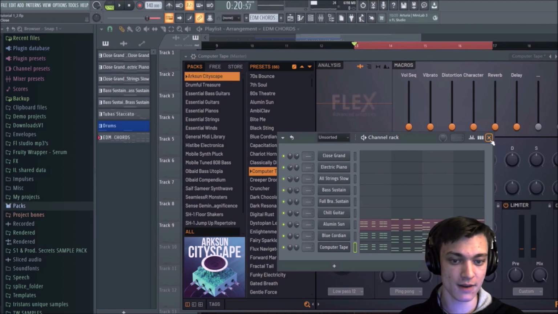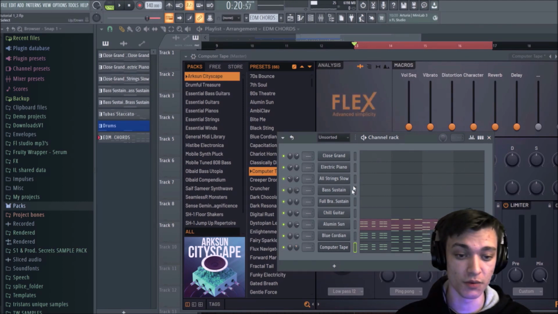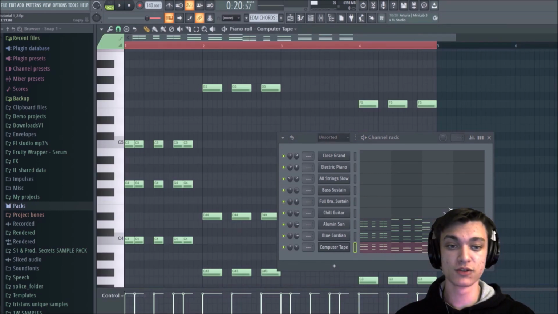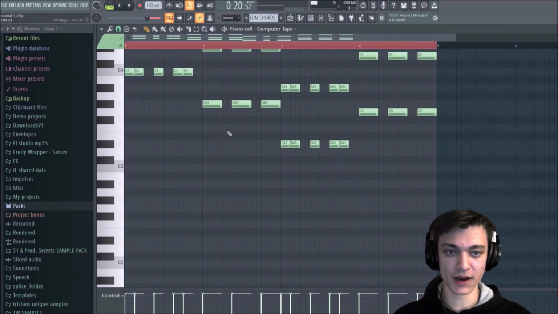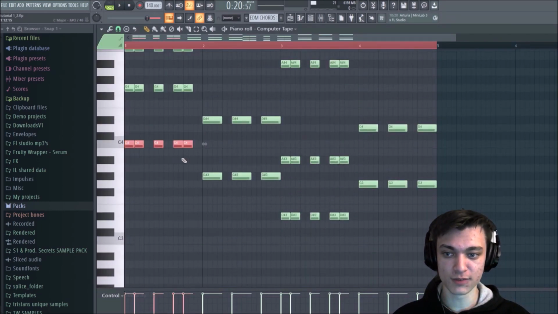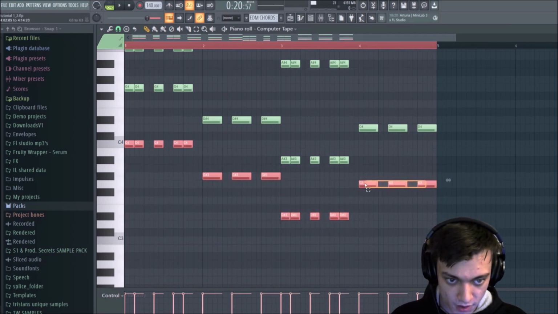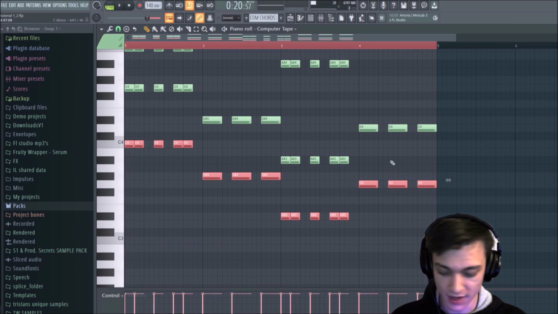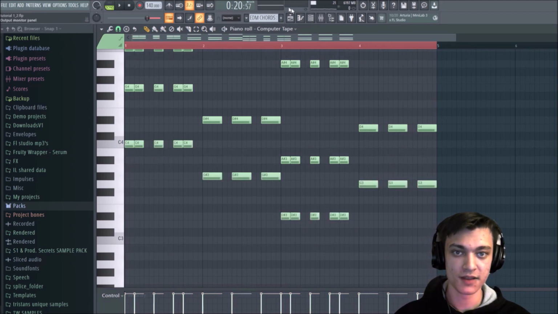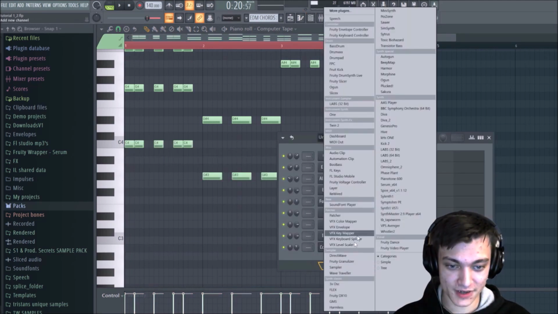Perfect. Okay, and then I'm going to make a bass. So what we're gonna do is we're gonna go to any of these patterns, just click it, go to the bottom here. We're gonna copy all these notes by Control Shift, left click, copy all the notes. Okay, I don't know, it's being weird there. Yeah, okay, Control C. Then we're gonna go to our channel rack. We're gonna go to the plus icon. We're gonna go to Flex,